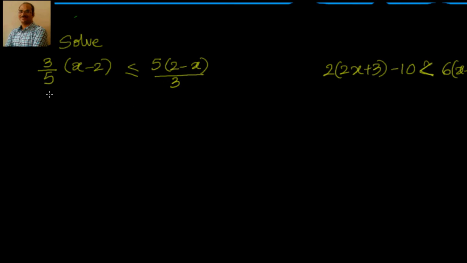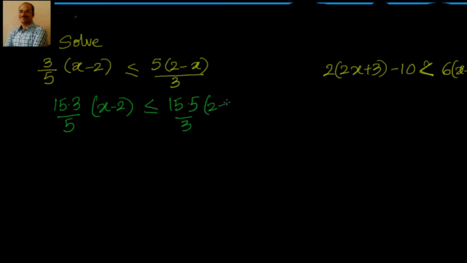So what I will do always is I'll find out the LCM of that and I'll multiply that. Other way what you can do is you can just do the cross multiplication. Both of them will give you the same result. So let us say that 5 and 3 LCM is 15. So I want to multiply 15 by this whole linear inequality. It becomes 15 into 3 by 5 into x minus 2 less than or equal to 15 into 5 by 3 into